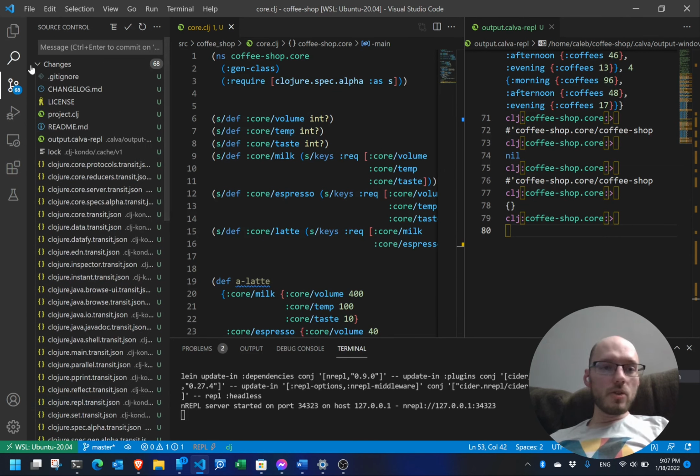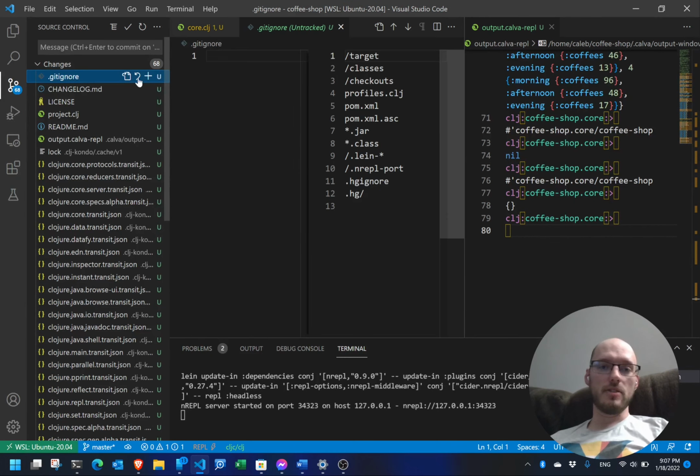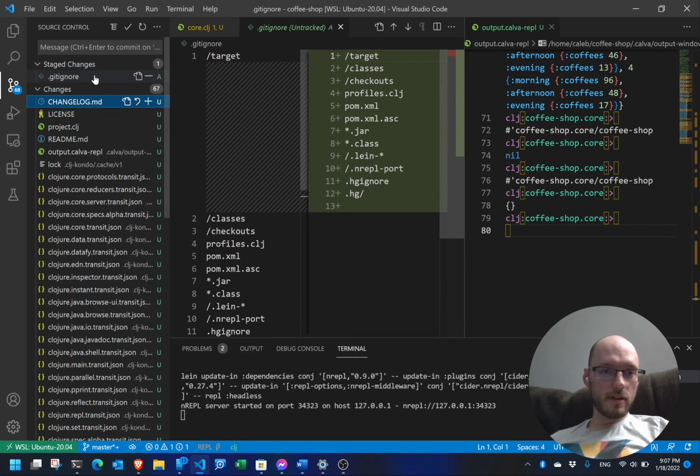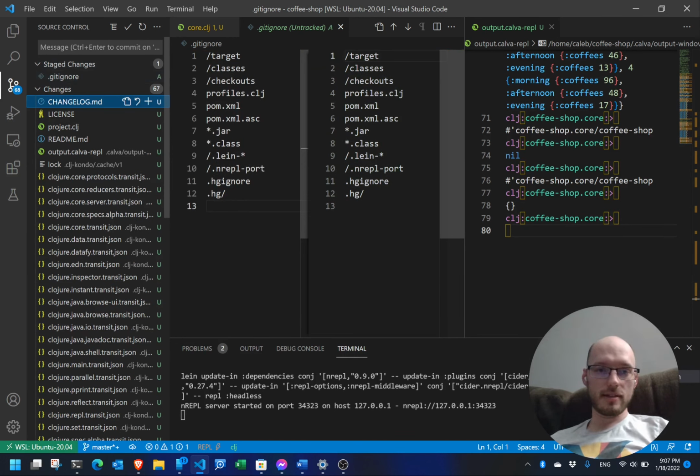So an important thing when you're setting up your Git repository is there are certain things that you're just not going to want to include. Looks like we have a .gitignore file already set. So if it's in any of these folders or it's any of these files, just go ahead and not even include that. So updating .gitignore, and then